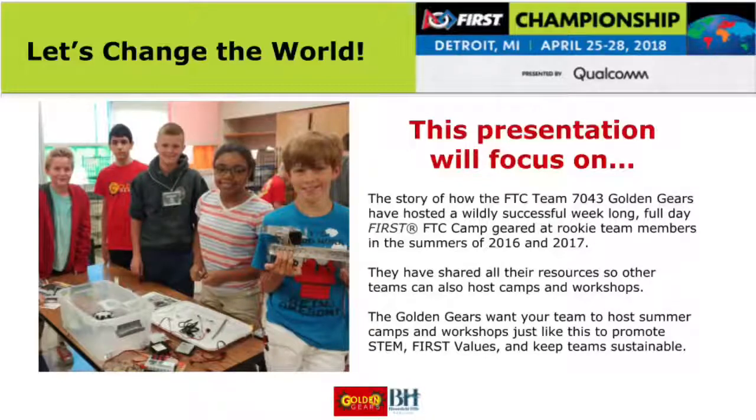hosted a wildly successful week-long, full-day FIRST FTC camp geared at rookie team members in the summers of 2016 and 2017. They have shared all their resources so other teams can also host camps and workshops. The Golden Gears want your team to host summer camps and workshops just like this to promote STEM FIRST values